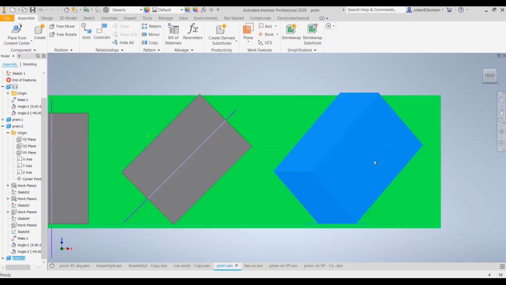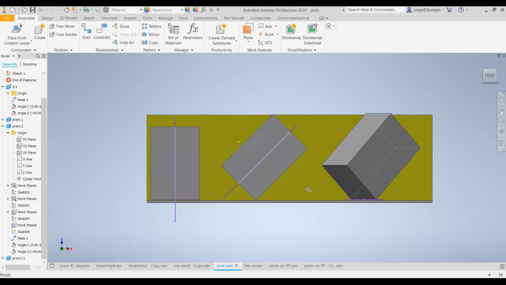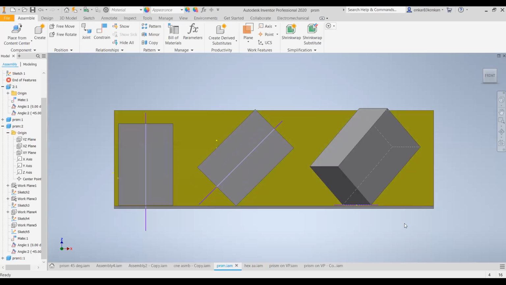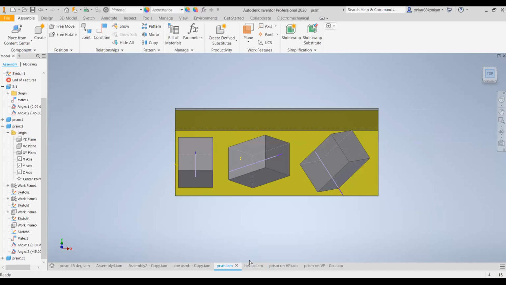Okay. And there are some hidden lines. So there are 3 hidden lines. So this is the first hidden line, which is on the top base. This is the second hidden line, which is again on the top base. And this is the hidden line, which is the vertical edge. Okay. So for your reference, you can take this screenshot for this final stage front view. And just take the screenshot for this top view.